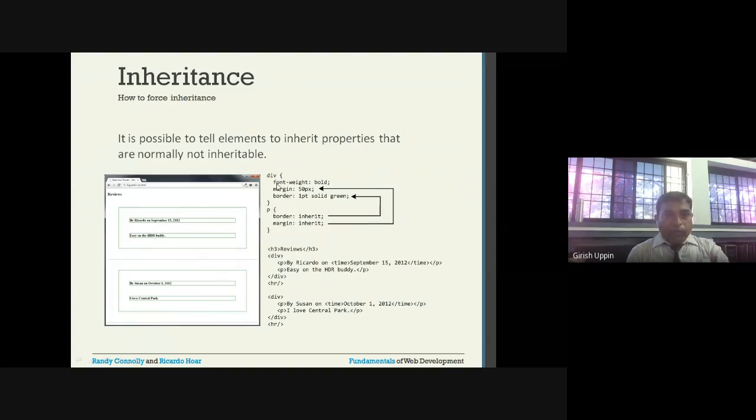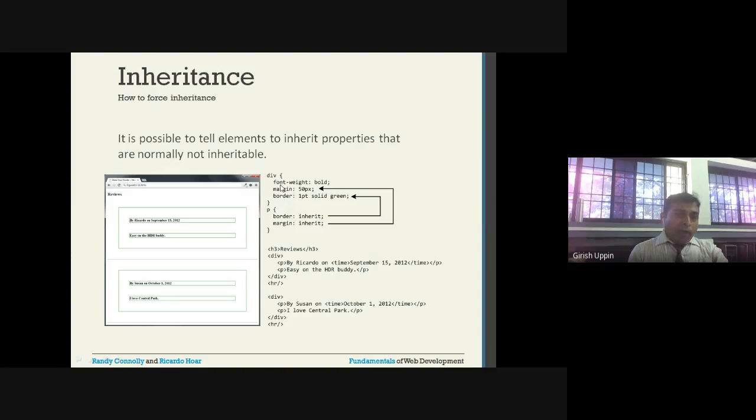We have the next example. I have a code for this. It is possible to tell elements to inherit properties that are normally not inheritable. By default, some properties are inherited, some properties are not inherited. But let us say you want to inherit those properties, you can do that. So in the same example, in div, we have bold and margin and border.